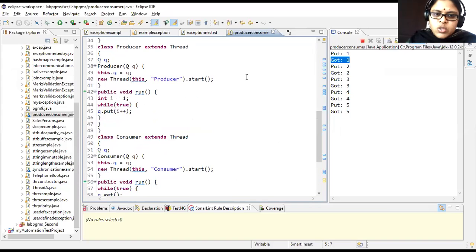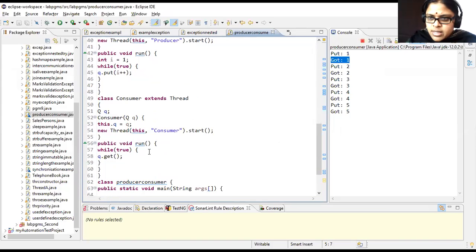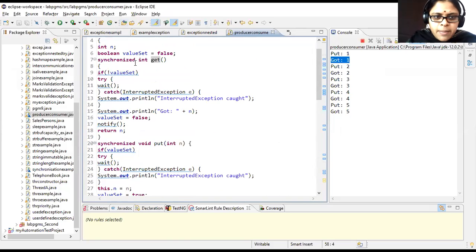Now consider that the consumer has started. The consumer thread is executing. What does your consumer thread call? It calls the get method. So go to your get method. In the get method, what is the value of your value set? False. See, this is a fresh run now. This is another case, so don't mix it up with your previous one at all. The previous one was done: producer first produced data, next your consumer consumed the data. Now this is the second case where my consumer thread is starting first.